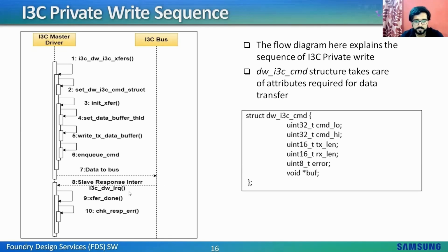So if the slave says that the data sent is not of the mentioned length or some error happened, then the master starts the error routine and retries sending the data again. So this is how the I3C write has been implemented in the proposed driver. So if we move on to the next slide,